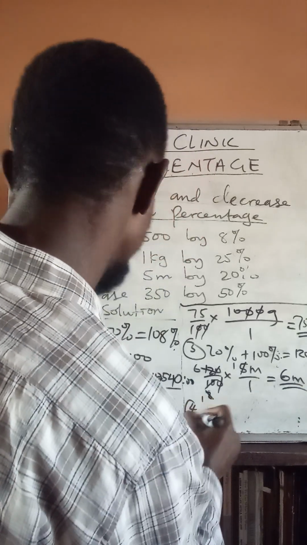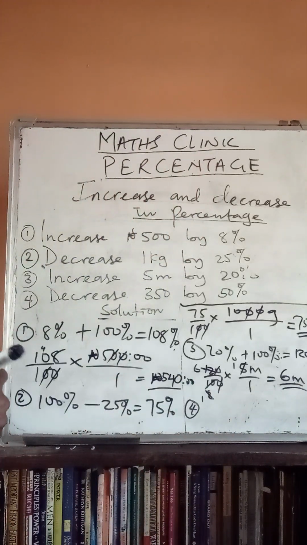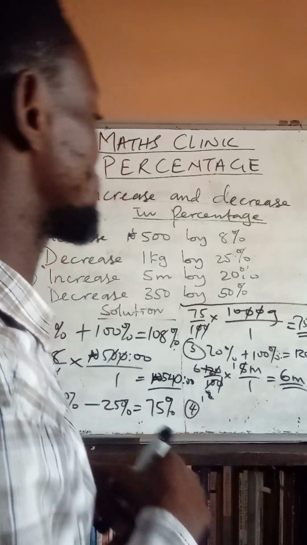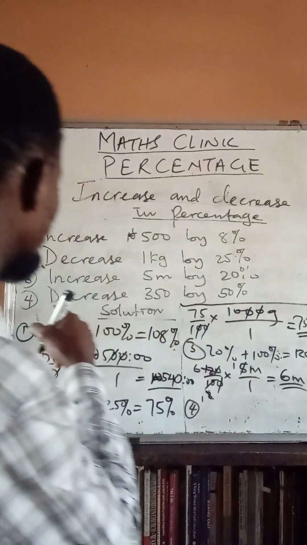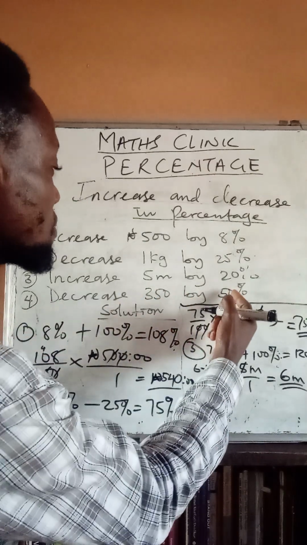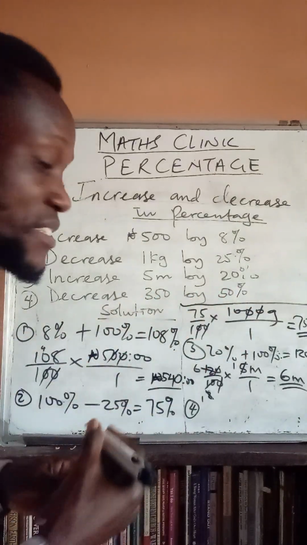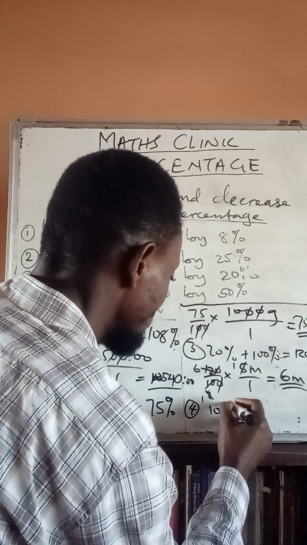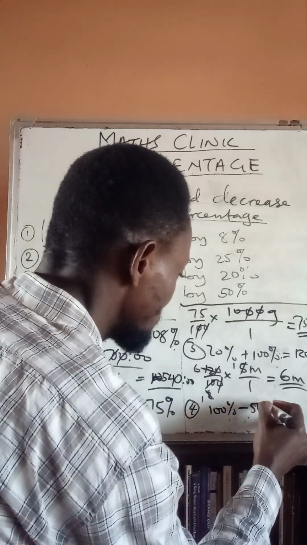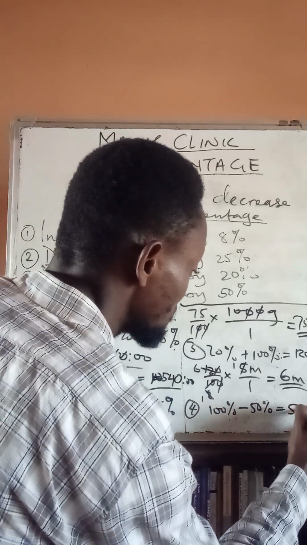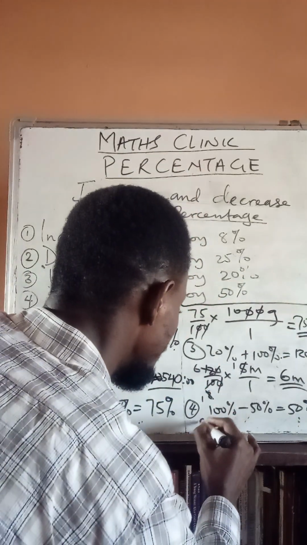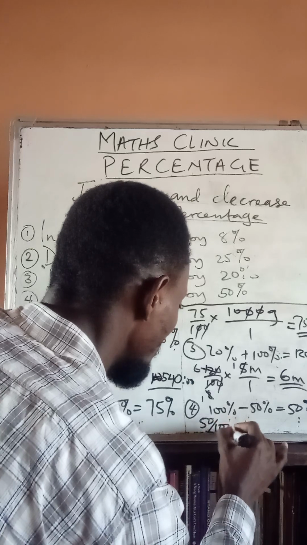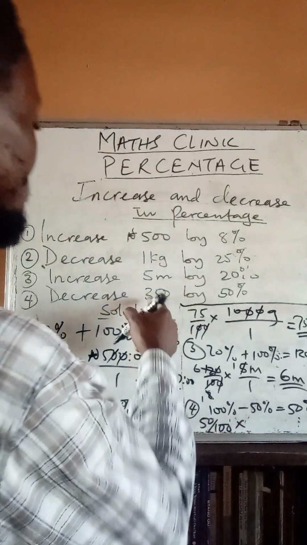And number 4, finally, decrease 350 by 50%. So here we are having 100 because we are having decrease. So we are taking 50% from 100%. So 100% minus 50%, and that will give us 50%. So you are still working with the same 50%. So we have 50 all over 100 times